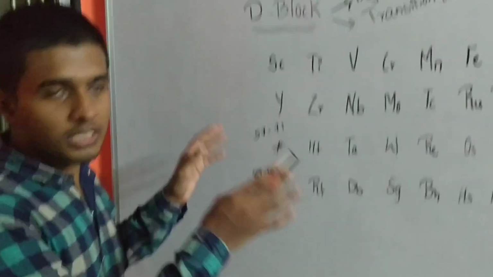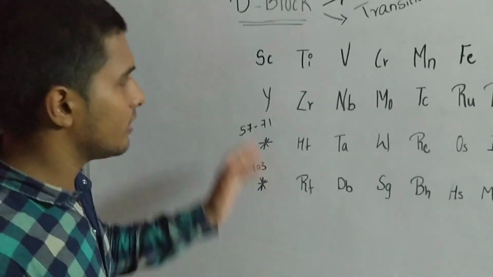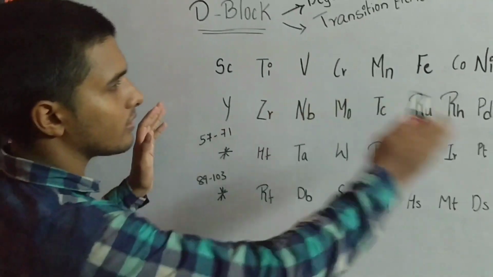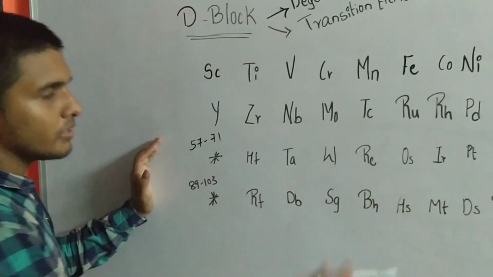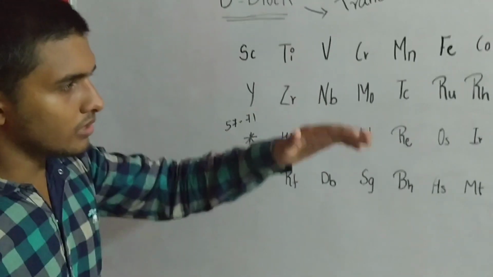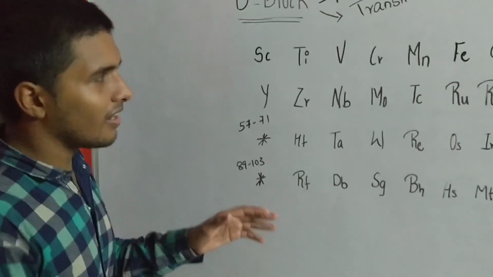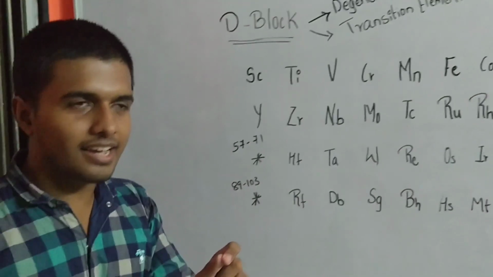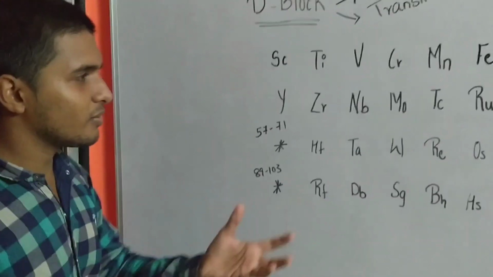So what I have done in this particular block is that I have not given names according to group, because it is making a fuzziness in the block, as it has groups 3 to 12 in it. So I have made it in periods itself. In the horizontal rows I have made certain lines. It will be easy, I think. And in this block I have made a funny tag, a serious mode, confusion thing and confusion line.